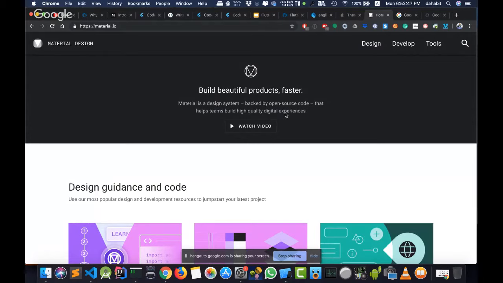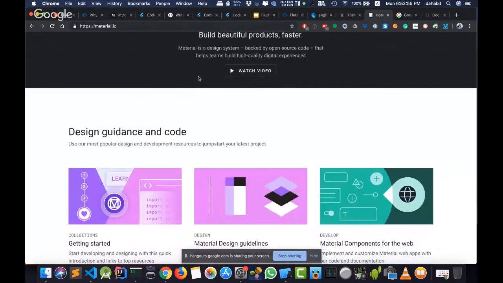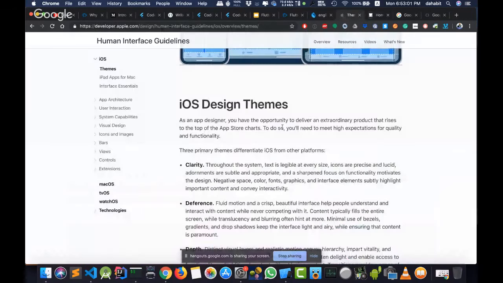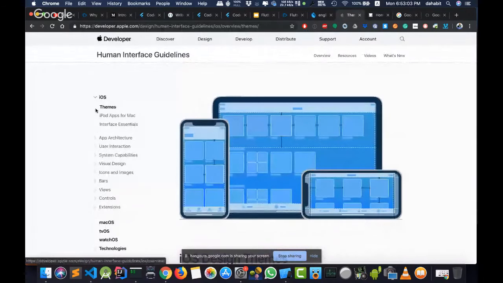Thanks to Mais, and I think Nawal also, and everyone here answering questions. Here, if you want to know more about Flutter, if you are a designer or developer, just check material.io, and here the Apple principles for iOS, and you will find the same design or same principles for macOS or tvOS or watchOS, as I said.